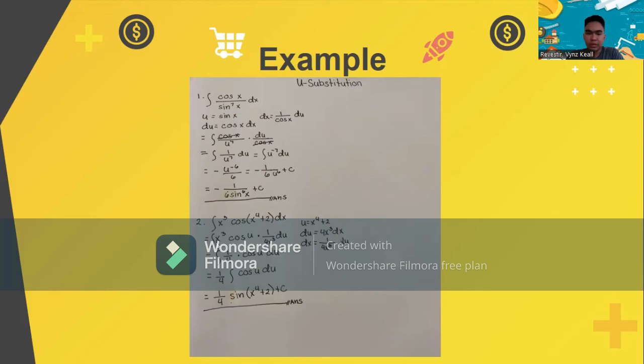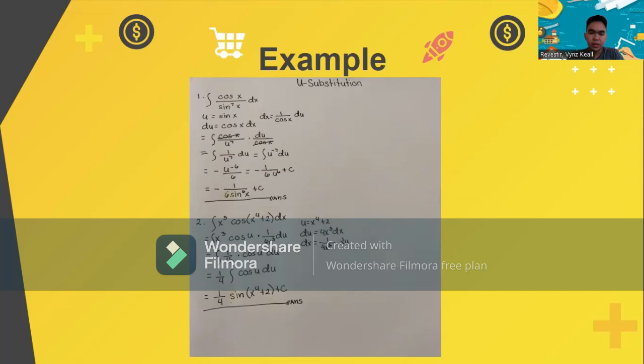Now we are going to integrate. So the integral of x cubed, substitute x raised to 4 plus 2 to u. So cosine u times 1 over 4x cubed du